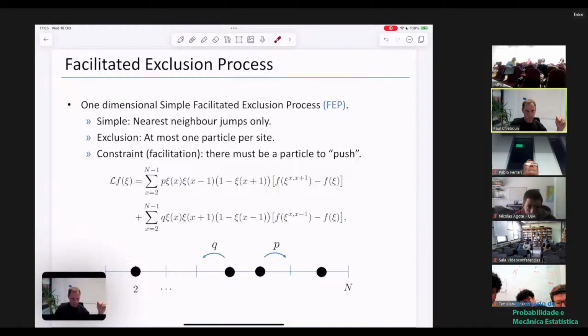Okay, I should stop at this point. So I guess that's the process defined. So is the process in one dimension clear to everybody? Good. I don't see any questions. So